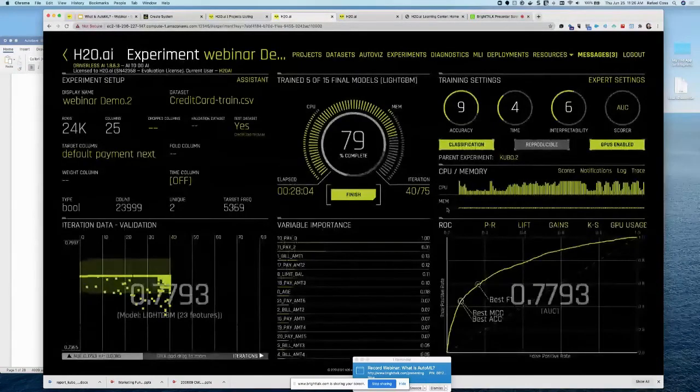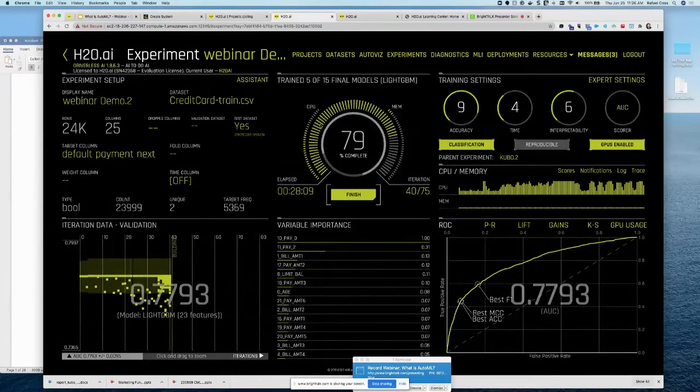So here, this is Driverless AI. Once I launch it, this is actually a running Driverless AI. This is in the middle. This has been running for 28 minutes, so a little bit before we started this webinar. And every dot down here is a new model that's built. So this is done automatically for you.